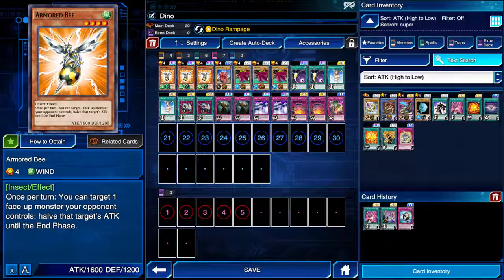I've been trying to pull certain cards, such as Hey Trunade from the new box, but instead I've managed to pull Armored Beast. So I thought, you know what? How would I make a deck with this? And the deck that I was coming up with was using Vanilla Dinos, because Armored Bee is an aggressive card. So it helps you go aggressive as it weakens your opponent's monster and allows you to go in for the